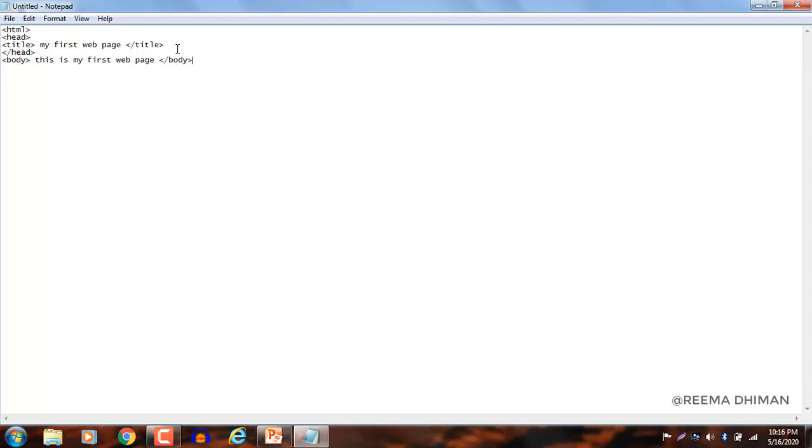Clear? In the last, when you write the complete code as per your requirement, there is need to close the HTML tag also. So you will close the HTML. So after this you have to go to the file tab. The next step is to save the document.